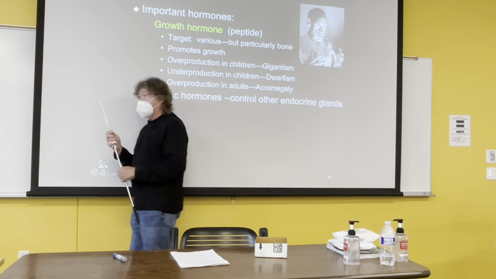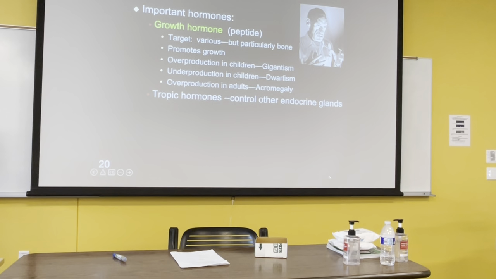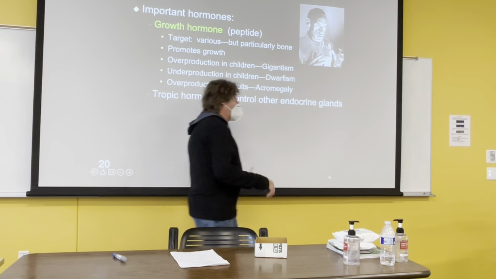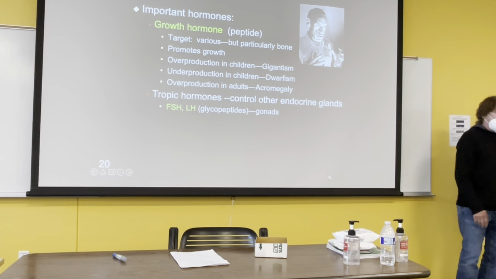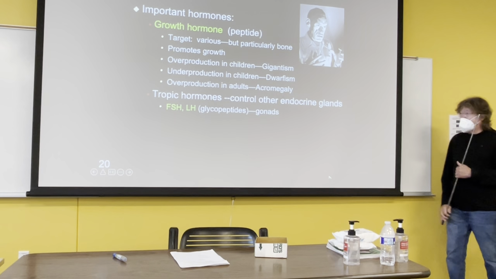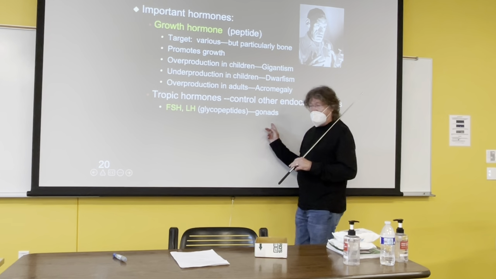There are other hormones produced by the anterior pituitary that are called tropic hormones. A tropic hormone is a hormone that controls the release of hormones by other endocrine glands. And so it is a hormone that's controlling an endocrine gland, such as testes, ovaries, and so forth. And there's quite a few of those. Some of them we'll talk about. I'm not going to go into details on these, but they're going to be very important when we get into the next lecture on reproduction.